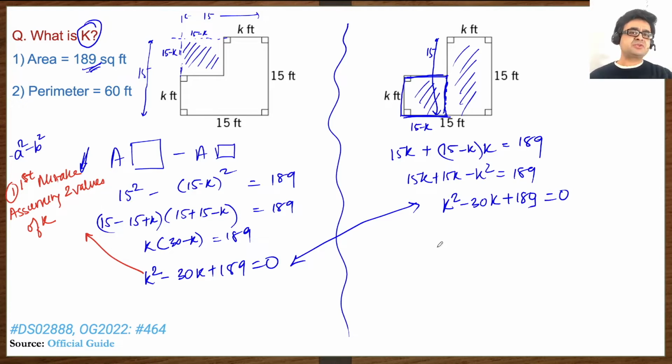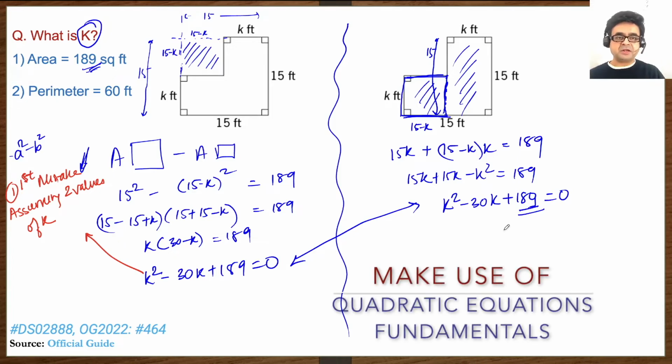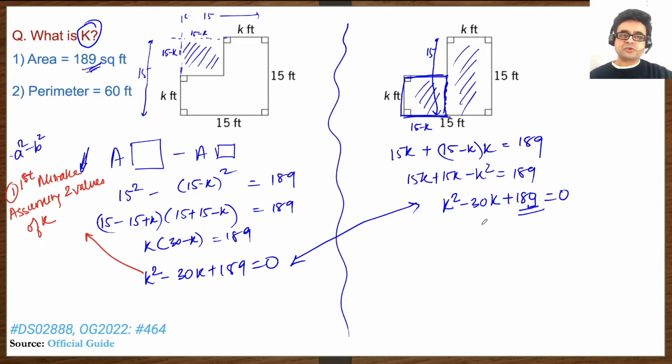The easiest way to solve these problems is to realize that there are going to be two solutions for k, right? We already talked about that. The multiplication of those two solutions is going to be 189, and the addition of those two solutions is going to be 30. So if I factorize 189, I get 3 multiplied by 3 multiplied by 3 multiplied by 7,